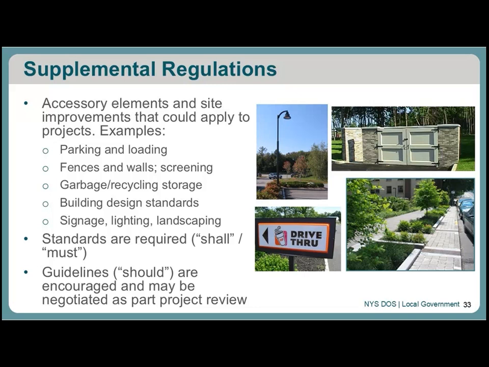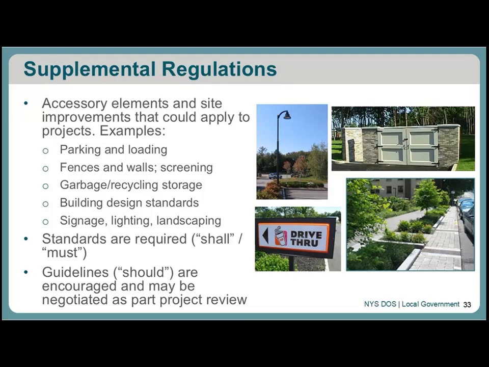Another thing to keep in mind are standards versus guidelines. So standards are elements that are required. So words like shall or must, there's more teeth in them. Whereas guidelines are elements that are encouraged and might be part of the negotiation of project review,